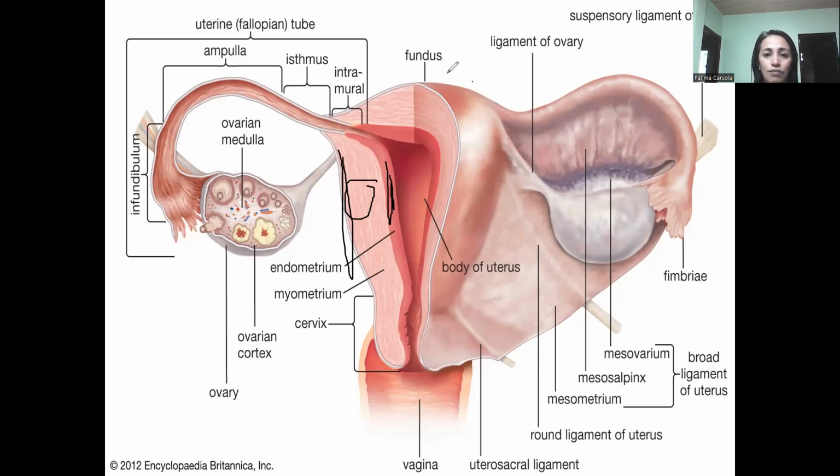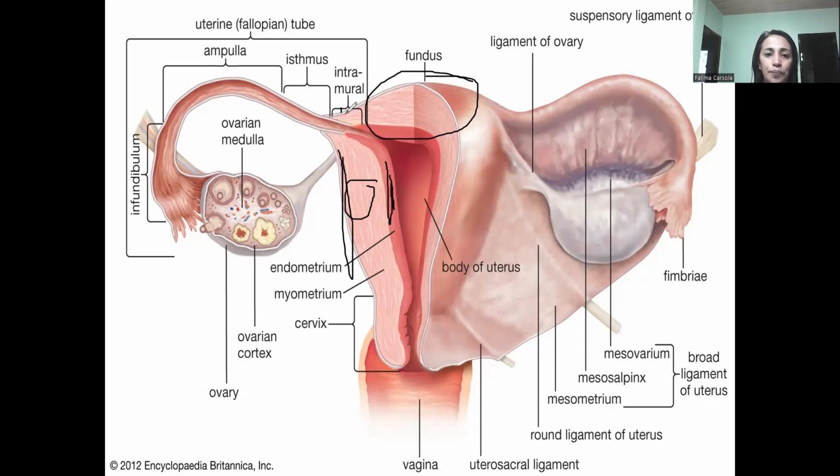So this is the fundus of the uterus. This is actively contracting. This is where you could start measuring for your fundal height, from the symphysis pubis up to the fundus, or from the fundus up to the symphysis pubis, as long as the point of reference is correct and there's nothing wrong with that. So you have the fundus here.